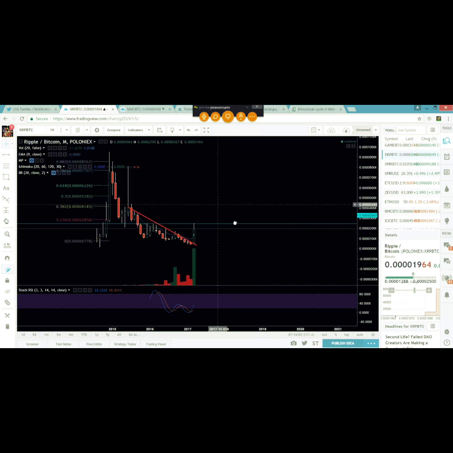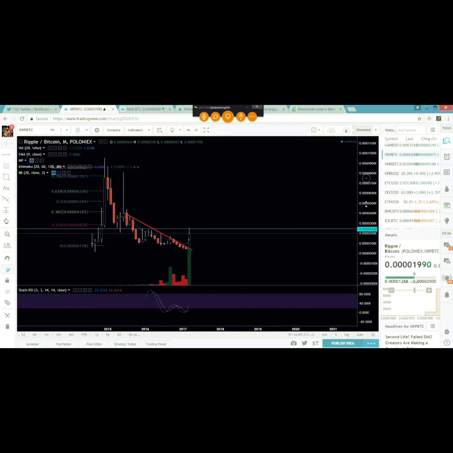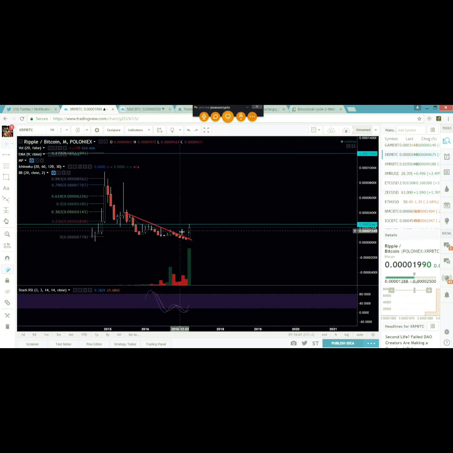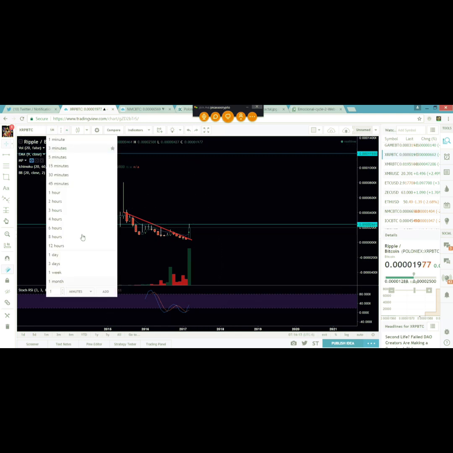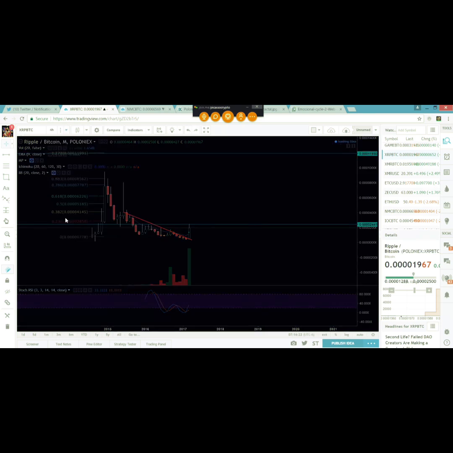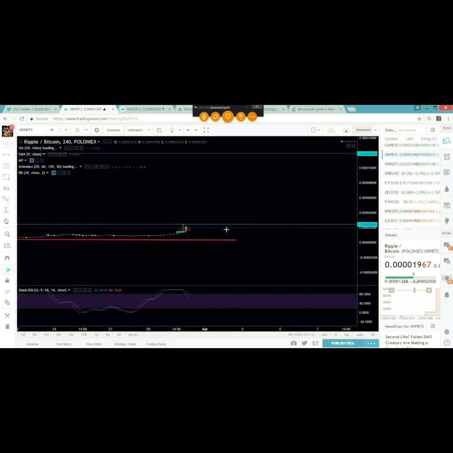Now, I'm going to tell you guys right now that Ripple is not even close to being done. This is definitely one that you would want to free roll coins and buy the dips on over the next several months. And now that this thing did its little run up to 2,500, on the smaller time frames we'll be looking for our Elliott wave formations and how we can play them on the retracements, stuff like that.